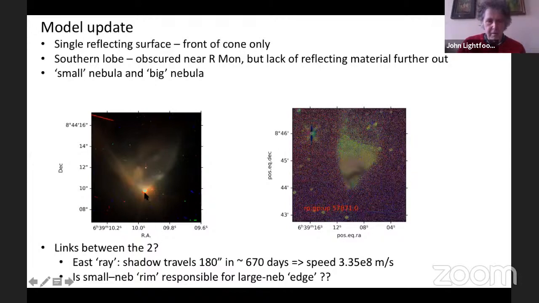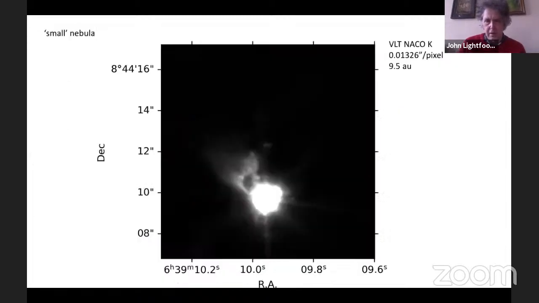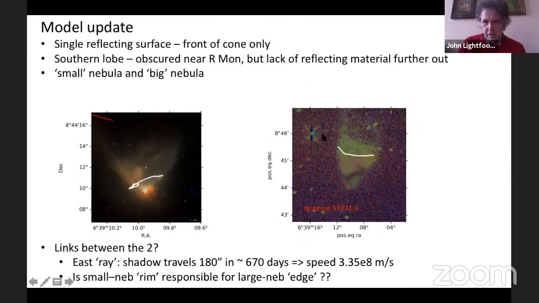And this is really conjecture, but some of the static structure in the nebula, such as the rim, there's a rim across the middle, the midriff of the nebula here, could actually be caused by the edge of this cavity in the small nebula. So I think it's possible that we're beginning to see connections between small and large, for sure.